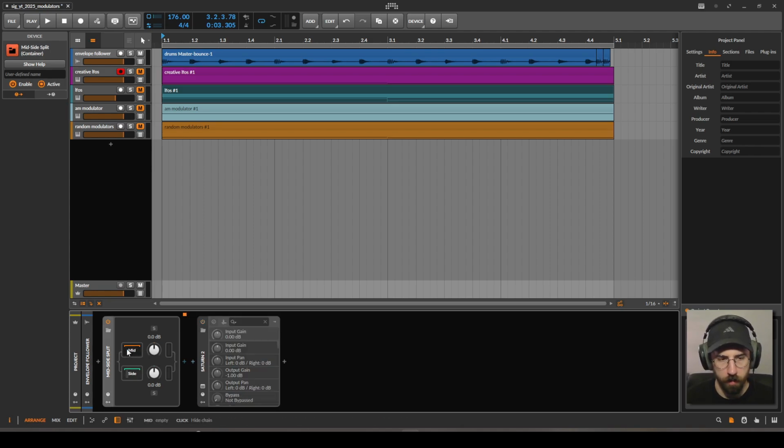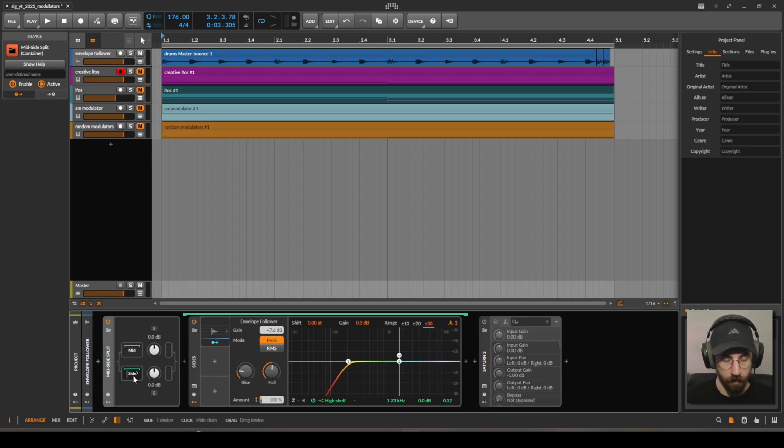So the mids, and when I'm talking about mids, I'm not talking about the middle frequencies of like 200 to 500 or whatever. I'm talking about the mono signal versus the stereo signal, the sides. So on this mid-side split, we are cutting out the low frequencies in the stereo space, just good mix practice. And we're using a high shelf here to boost the highs, but only for a certain